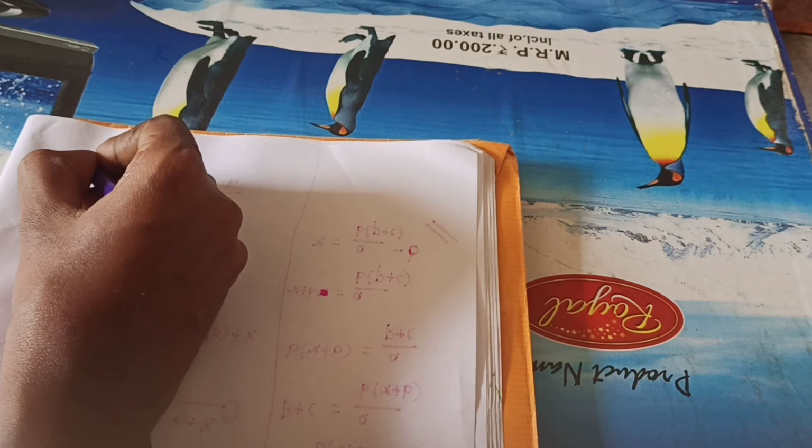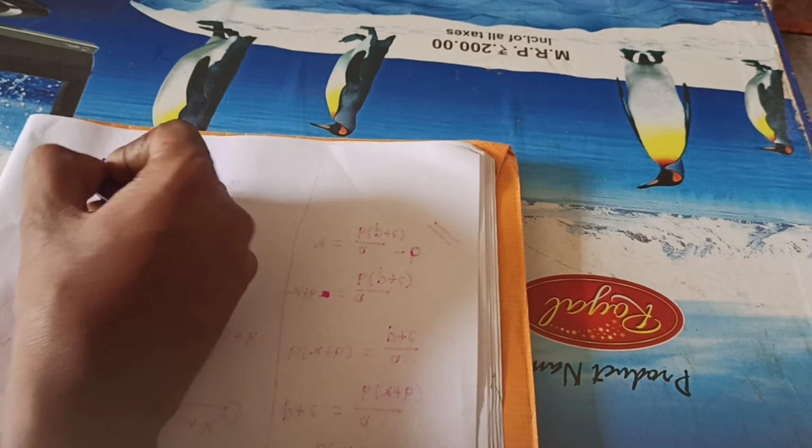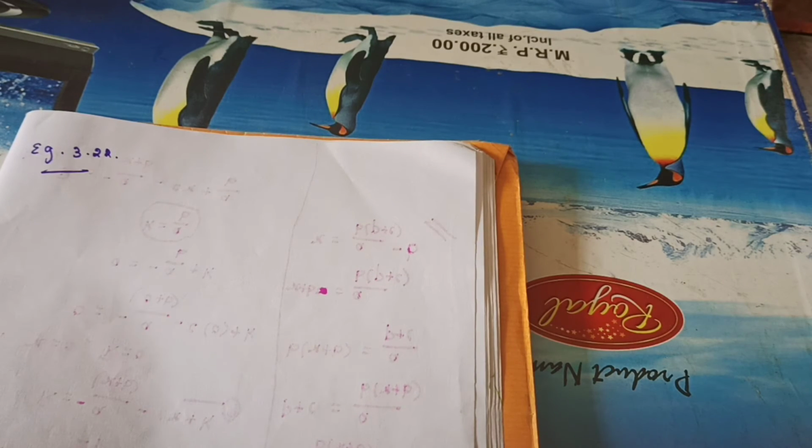Example 3.22. I am reading the question. A company receives a shipment of 200 cars every 30 days. From experience, it is known that the inventory on hand is related to the number of days since the last shipment, I of x is given. Find the daily holding cost for maintaining inventory for 30 days if the daily holding cost is rupees 3.5.